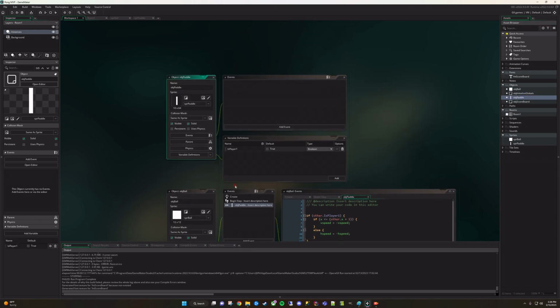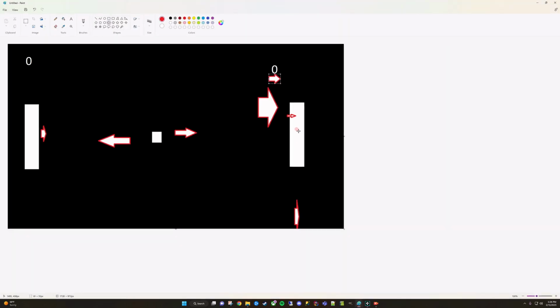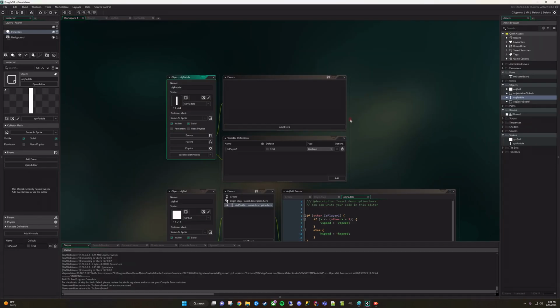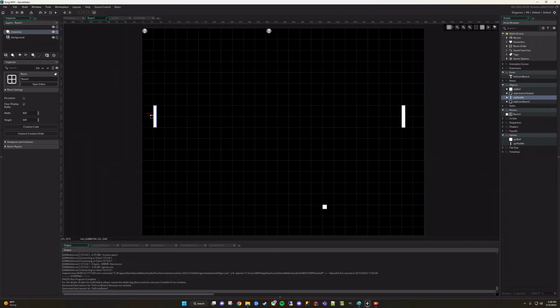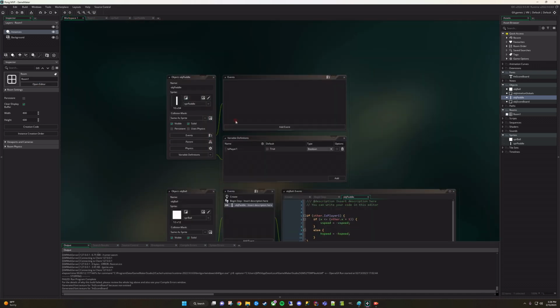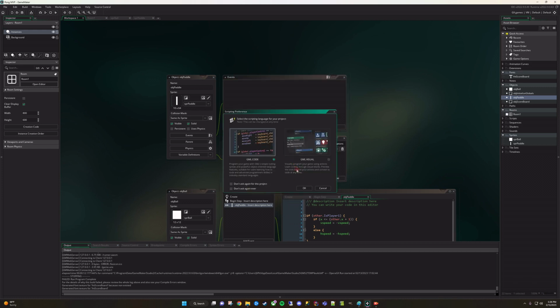So the next thing is paddle, and here we need to do the controls. So the way we're going to set this up is the player on the left is going to be player one. We can control them with WASD, and then the player on the right we can control with the arrow keys: up, down, left, right. But since they can only move up and down, we're only going to have to do those 4 keys. So let's add that. So go to the paddle, add event, key down, and so we can add up,